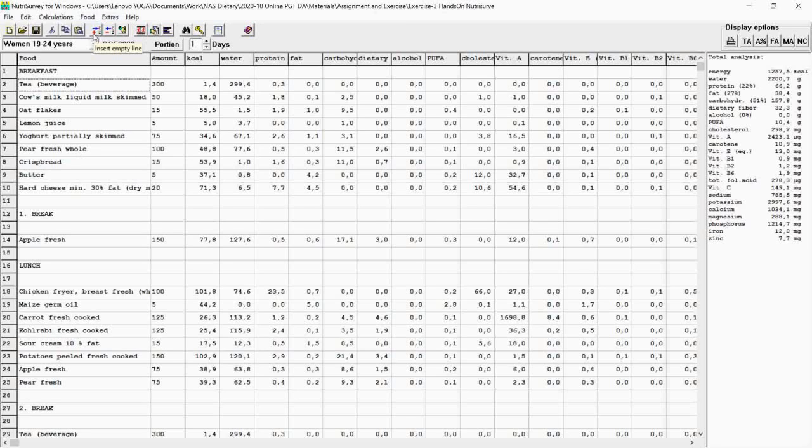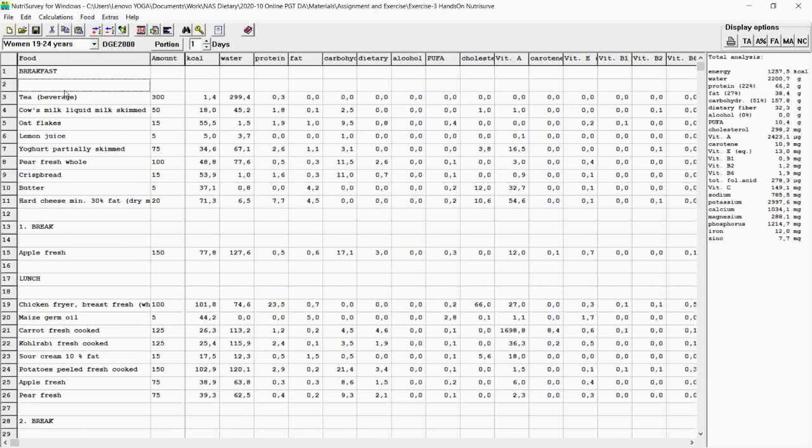Or maybe you would like to copy and paste the line in the different lines. Or maybe we would like to insert the empty line. So just click plus, then it will show again the insert the new line. If we would like to delete the content of the line, for example, we would like to delete the hard cheese, just click delete content of the line.